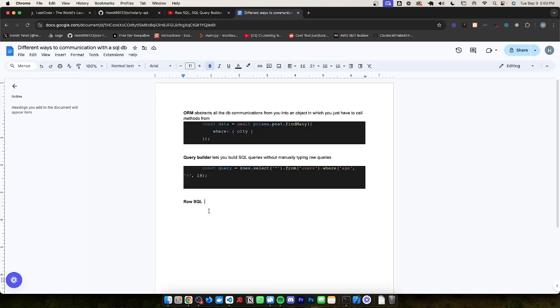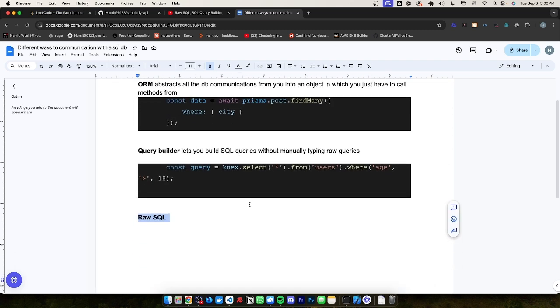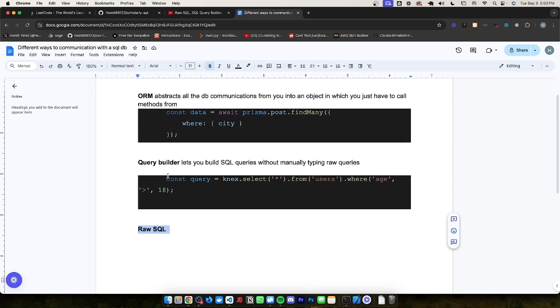Again, it leads to more errors because you're not getting that type safing feature, as it's not abstracted. The libraries that support raw SQL expect you to know how to build SQL queries, which could lead to unsafe code. So that's why I tend to lean to query builders,